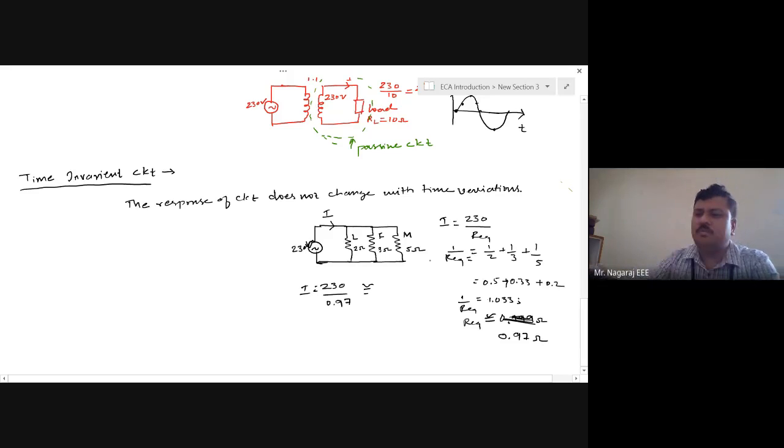Okay, it won't be 237.6, it won't be this high. Don't worry, I am just giving an example. Now what I will do, after 1 hour of today morning, I will turn off everything, and after 3 hours, I will turn on all three again. Will the current change? So morning from 8 o'clock to 9 o'clock, I will turn on all three, applying 230 volts. I get a current of 237.6 amperes.